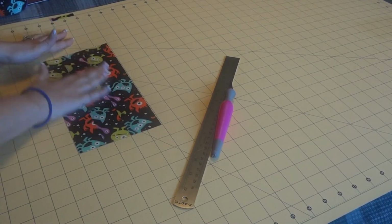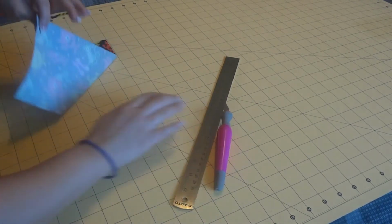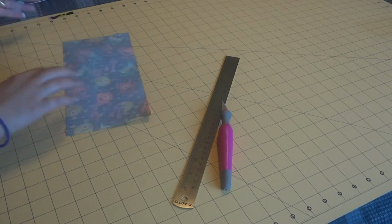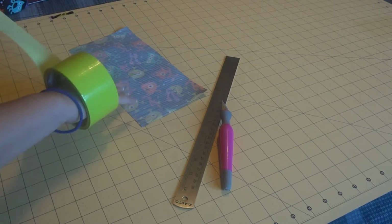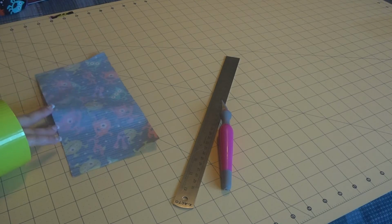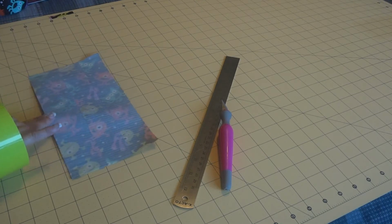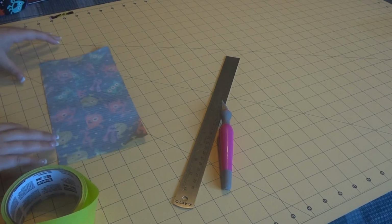So that should be tall enough. Then you're going to just flip this over and get your next tape, your inside color, which is my green one. And you're just going to line it up with it. And if you're wanting a... it's getting stuck to me. If you're wanting